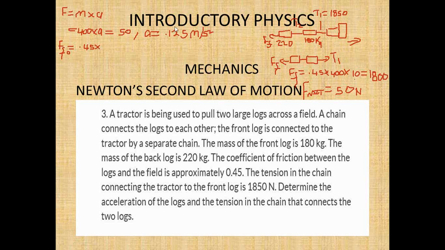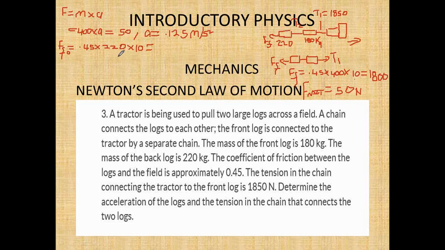The normal force for the backlog is the same thing as the force of gravity, and the force of gravity is the mass times acceleration. So it's going to be 220. That's the mass of the backlog times the acceleration due to gravity, and we round it off to 10. So the force of friction on the backlog